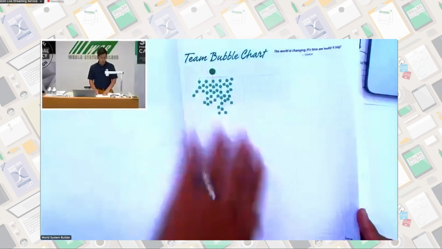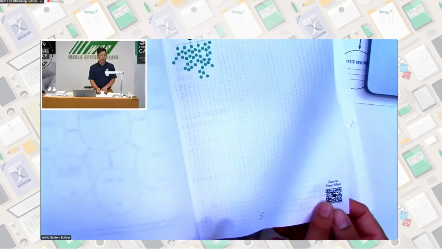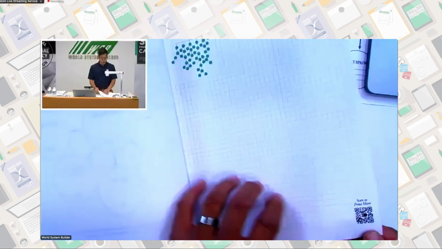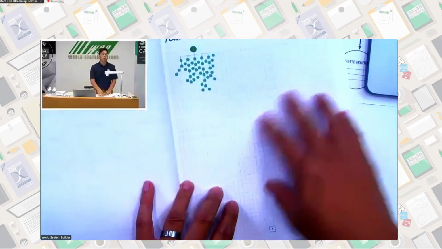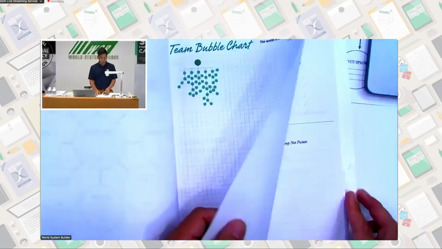The team bubble chart. In it, you also see a lot of QR codes. We use this QR code also in our agenda book as well. And this will allow you to go directly to this page and print out more. So if you see any of these things, it will go to a particular file for you to print out